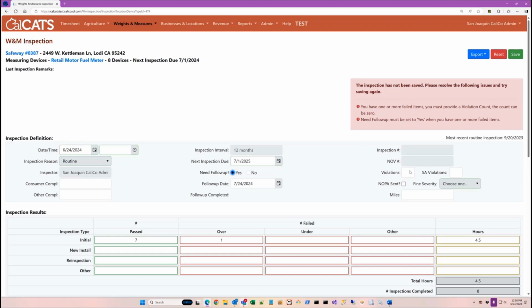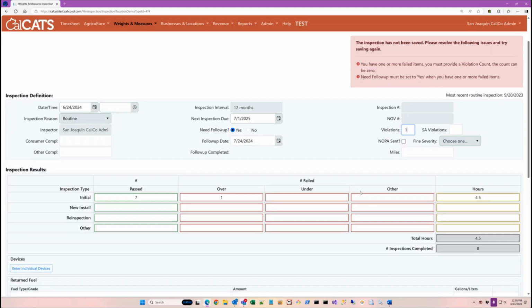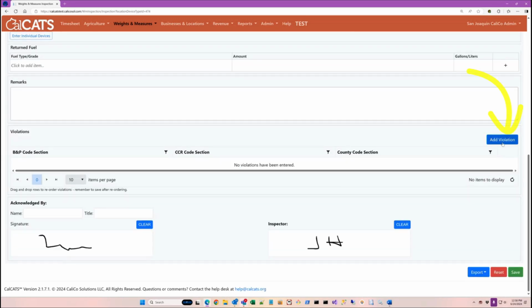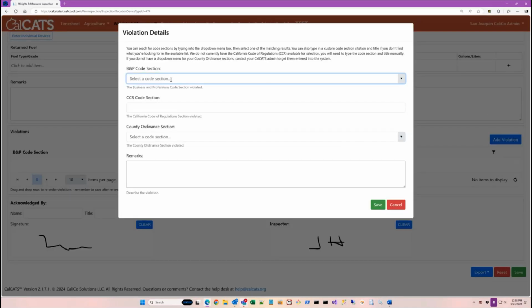The other thing is, if there's a failure of any kind, I need to enter how many violations there were. And in this case, I'm going to say there was 1 device owner violation. Shouldn't be an SA violation since this was just an initial inspection. And then because I entered a violation, I'm going to want to add a violation narrative down here in the violations section. So I'll click on add violation,